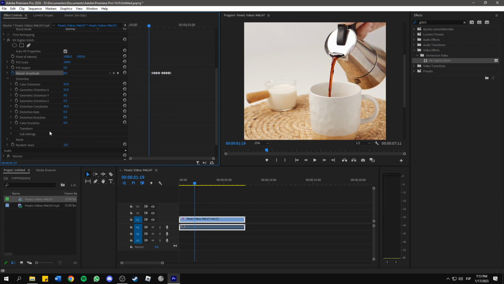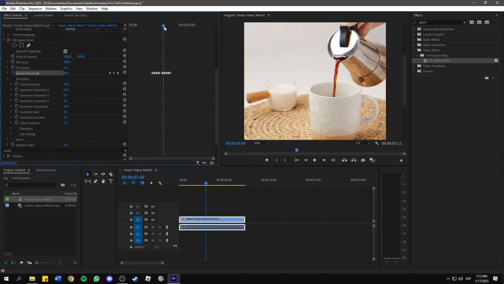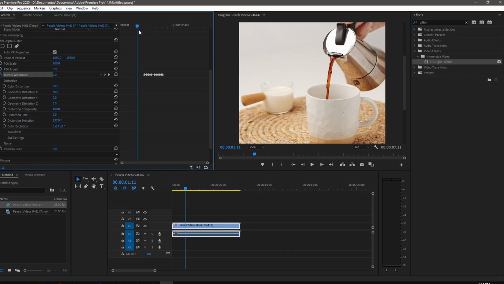You can also modify the color evolution. This will change a little bit the RGB. And of course the distortion complexity, distortion evolution. Now if I play this,